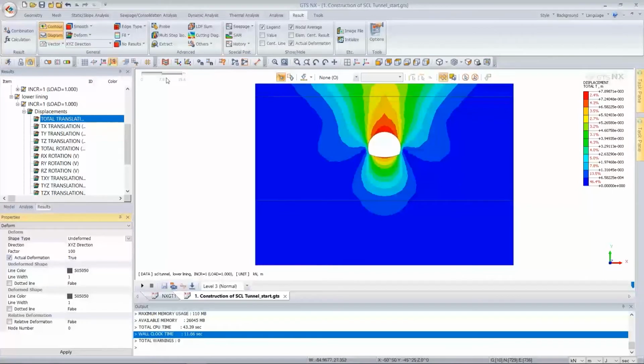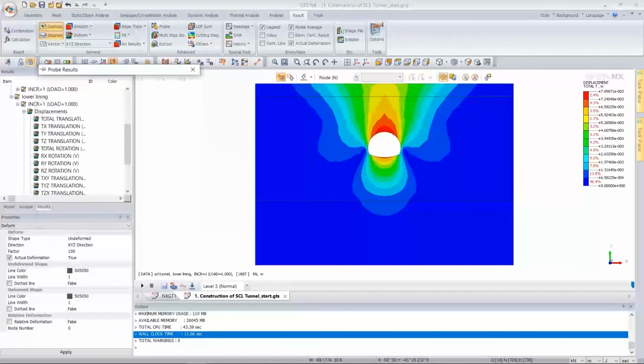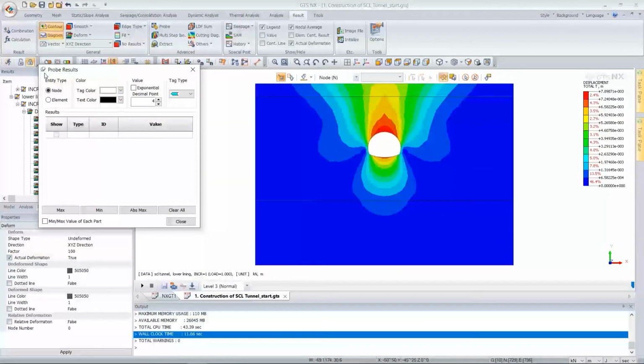And the next function is regarding to check the result on the model directly. So again, on the main menu result here and the advanced category, we have the proof. So by using this proof, by clicking this symbol, you can fix the dialog box. We have button maximum and minimum. So simply click this, and then